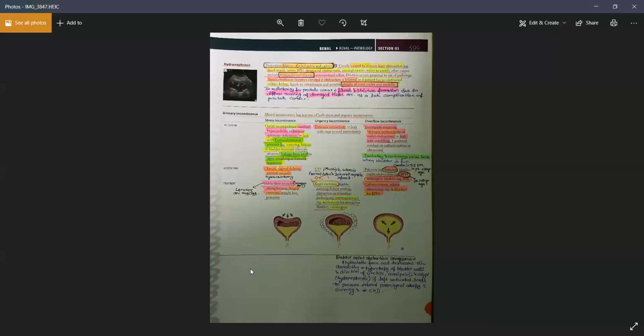See, this micturition reflex consists of three pathways. One is the CNS, the brain mainly. Then you have the spinal cord, and then you have the peripheral neurons. The function of your brain is to inhibit micturition. The function of your spinal cord is to cause micturition, and the same goes for the peripheral nerves. Once you have damage in the upper motor neurons of the brain, you will have urgency incontinence. When the upper motor neurons of the spinal cord get damaged, you will have overflow incontinence.